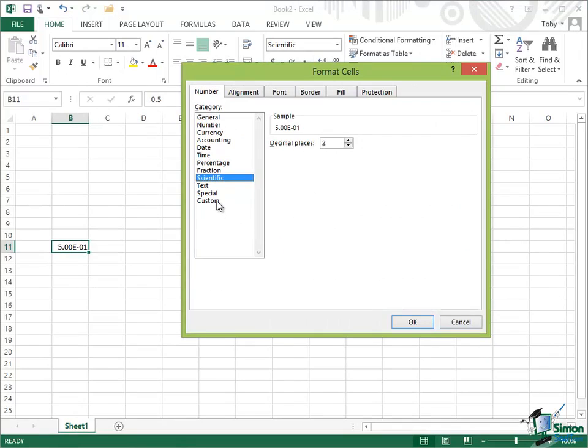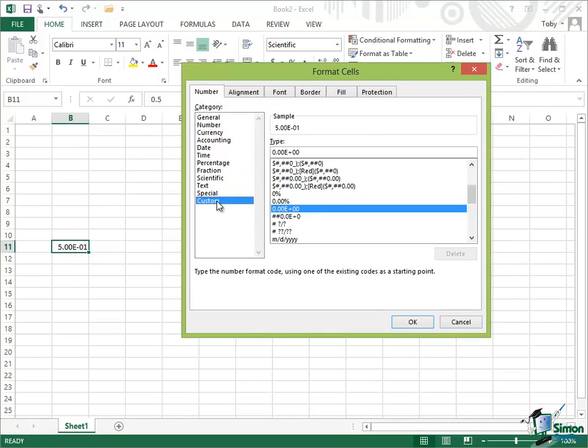We have custom and special. Custom we saw before, and with custom you can create a sort of pattern, and you can require that data entered into one or more cells follows that pattern. Now using the custom format is beyond the scope of this course. We did see an example earlier on where it had interpreted what was intended to be a date as a custom format. But if I look next at special,